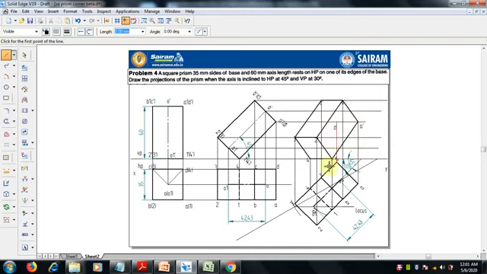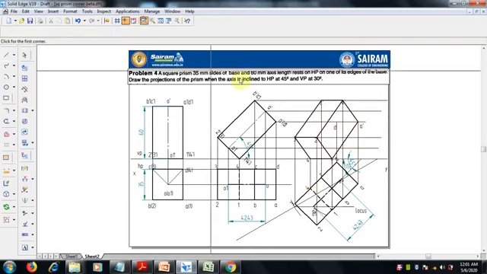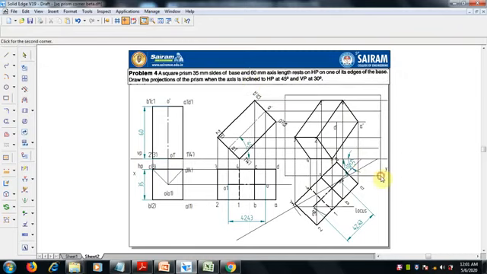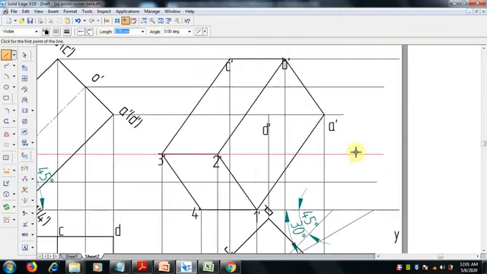See here, what are the remaining lines? That is the top base. You can see ABCD is the base, but ABC is there, C to D, D to A is not there, that is hidden. Since it is passing through the rectangular face, which is the visible base, in this we are going to draw, so it is a hidden line.